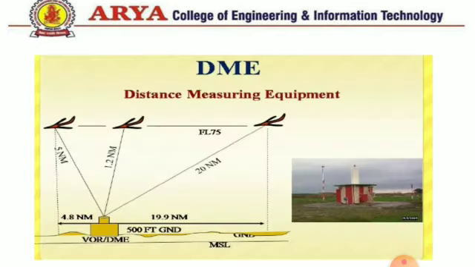Before we go into the detail of this, let us first understand what we mean by secondary radar. So far in our radar system, we are assuming that the transmitter and receiver are at the same place. The transmitter sends a signal and the target scatters that signal. The return signal from the target is received and processed to get the range and angle information. Here the signal travels twice the distance, and hence we need a high amount of power at the transmitter for operation of the receiver.